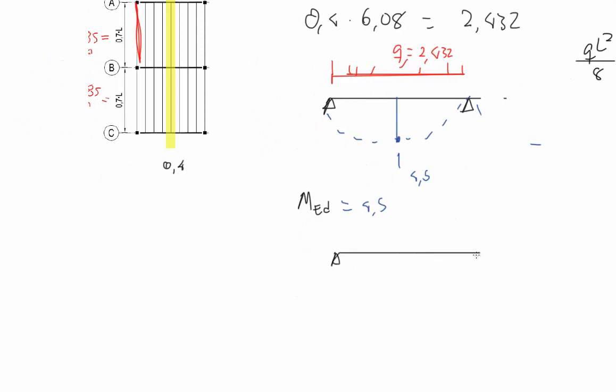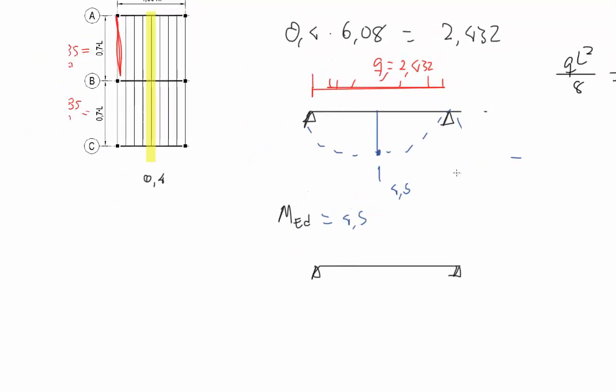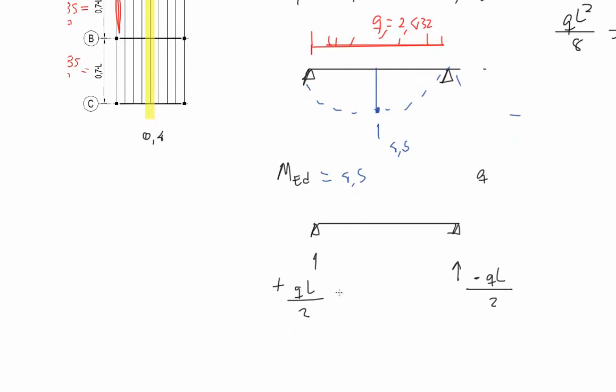I don't know if we can use that, but so we have Q being that, and this one will be minus Q, the total length L divided by 2, and this would be positive QL divided by 2,